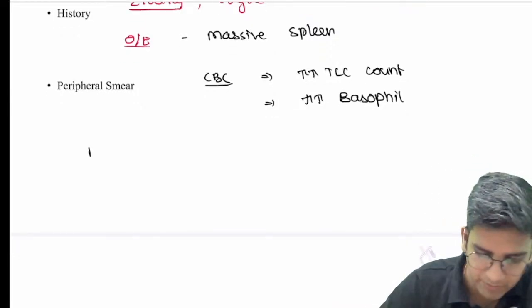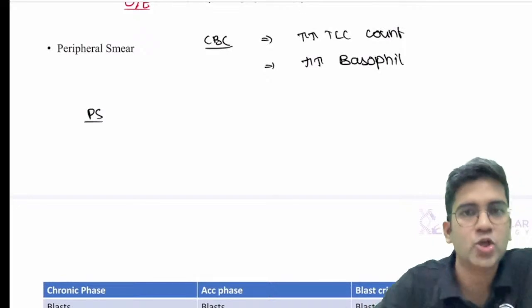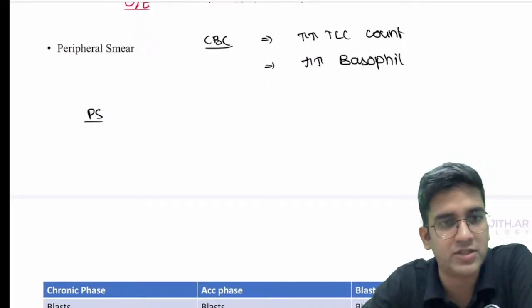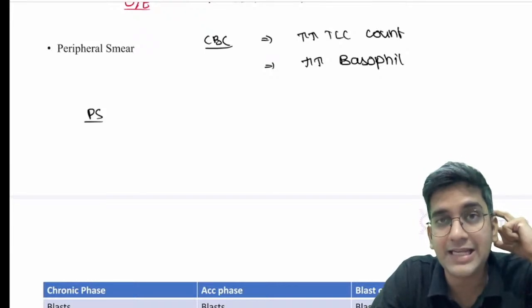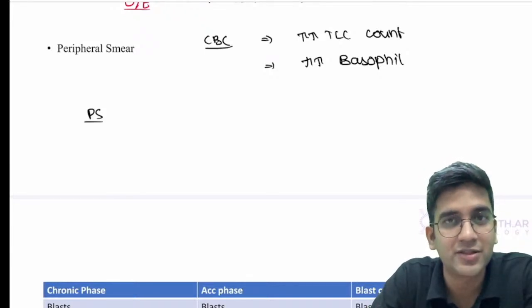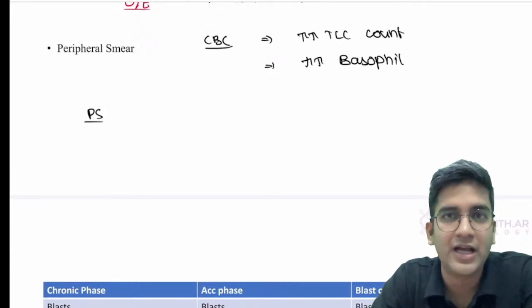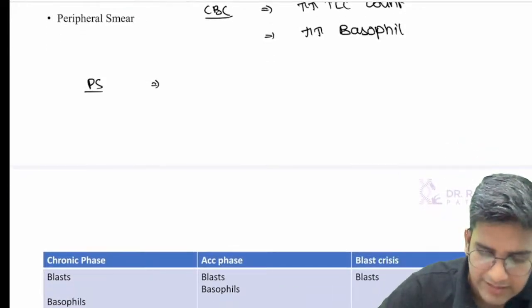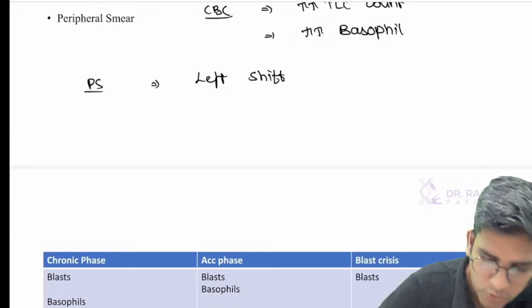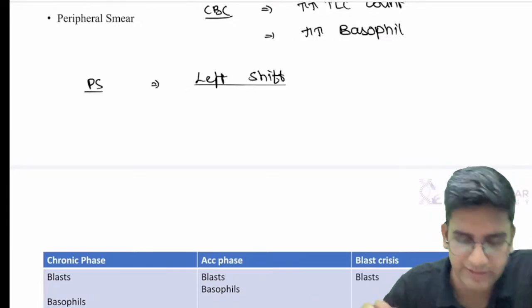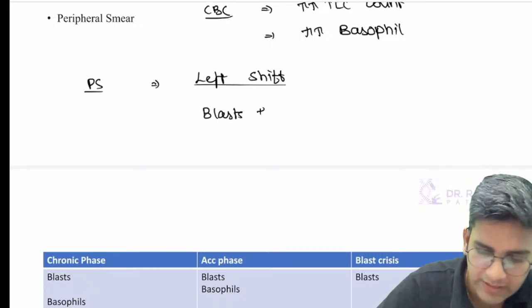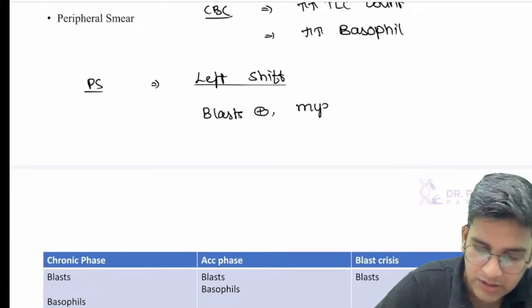Then comes peripheral smear. In peripheral smear, it's a chronic leukemia, so I will not have only immature cells, both mature and immature. If you want, write the names garden party appearance or college girl appearance. I don't vouch for that, but if you want, write that, fine. Peripheral smear, the classical term which I'm looking for is left shift. Neutrophilic left shift or shift to left. That's what is required. Where you'll have a little bit of blasts, myelocytes,